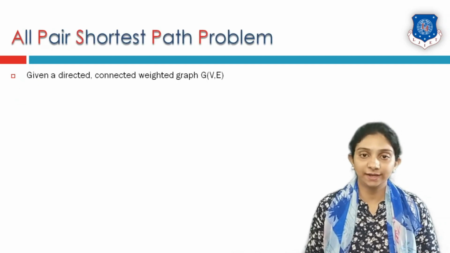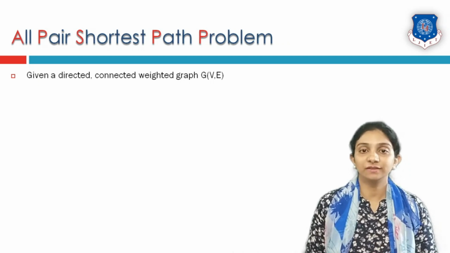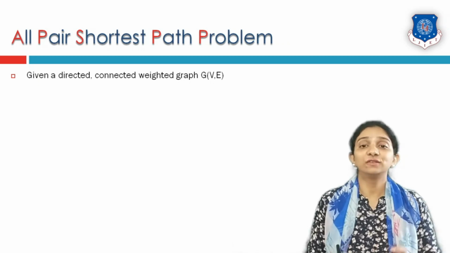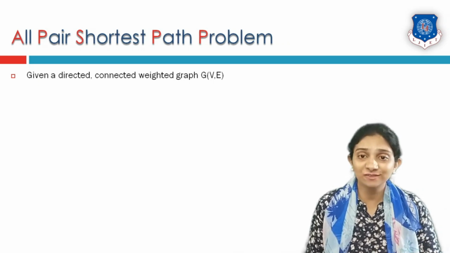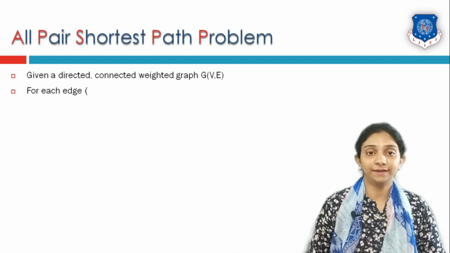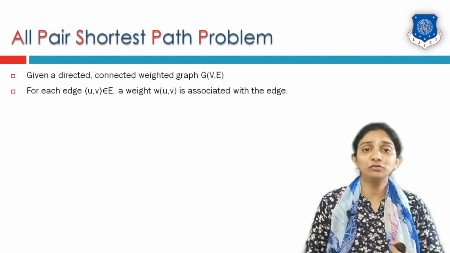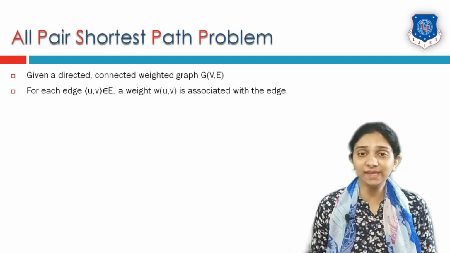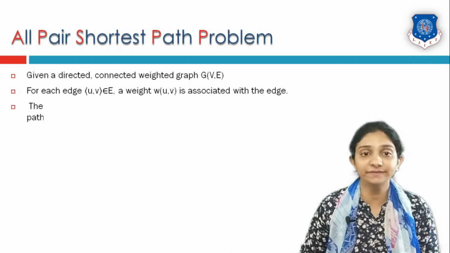Given one directed graph in which every edge is weighted, that is, a graph which is a collection of vertices and edges. It is a connected graph, that means from one vertex to any other vertex there exists a direct or indirect path, and it is also directed. In this graph, each edge from vertex V to U, which is a part of edge set E, has a weight of UV associated with the respective edge.